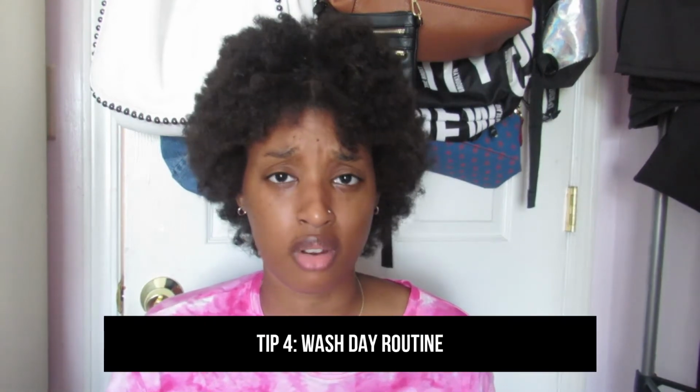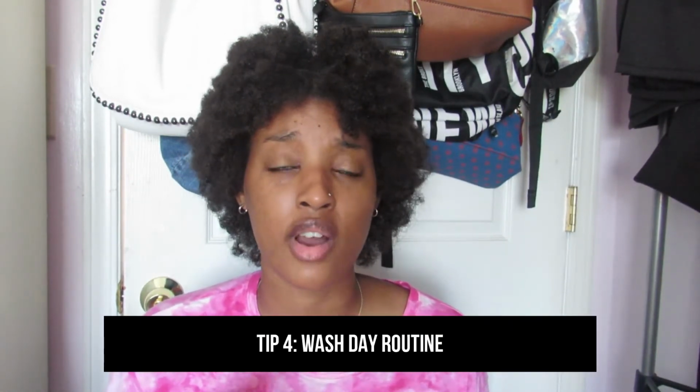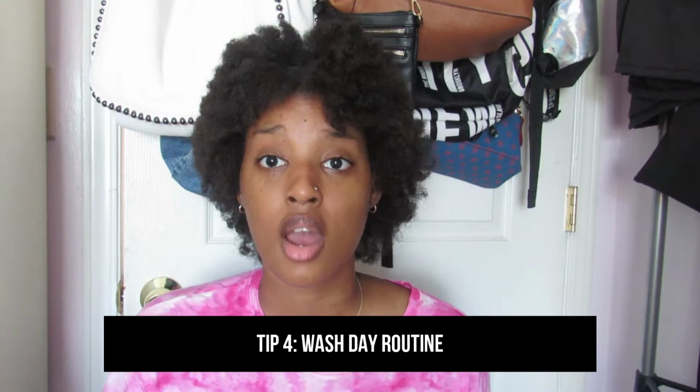Number 4 is wash day. So my wash day routines are very minimal. I don't use combs. I'd rather finger detangle. I would honestly wash my hair once every 2 weeks. Some people wash their hair once a week, depending on your texture, maybe every 4 days at the most with curly, coily hair. But for me, I really think I could stretch my hair out to 2 weeks, because my scalp, and especially if I'm only using natural ingredients on my hair,